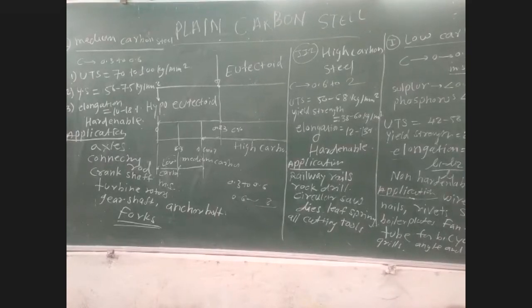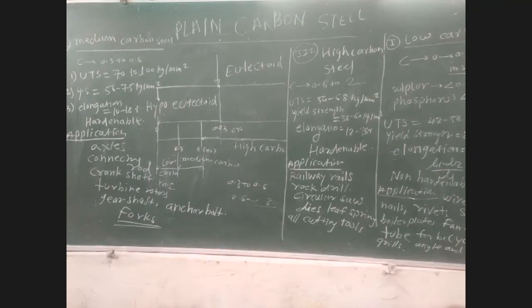First, low carbon. Second, medium carbon, and third is high carbon. Okay. So once again, I will repeat, and then we'll go to the next part, that is the importance of the alloying element. So first, low carbon. How much carbon percentage is there? If you observe in the low carbon, that is 0.3. For the medium carbon, 0.3 to 0.6. After that, you come to the properties.